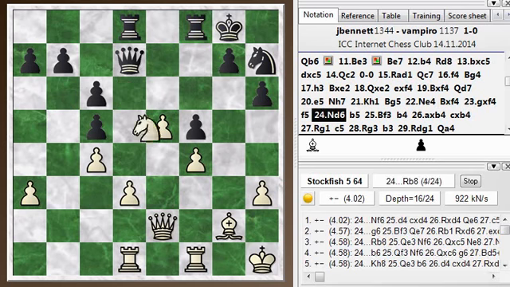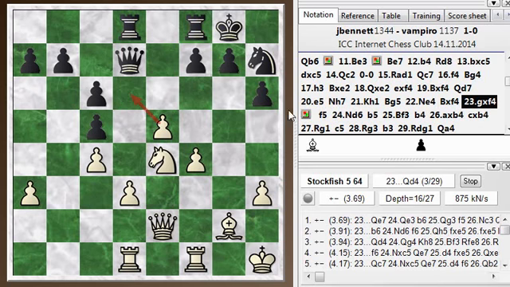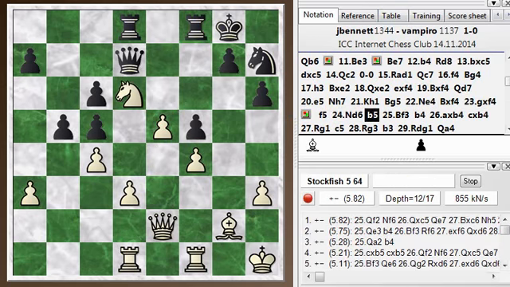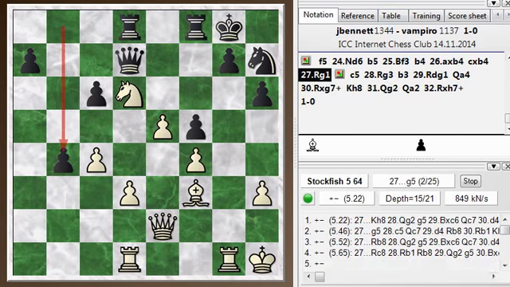So he gave away this square here. Maybe there was no way to prevent the knight from coming in there, but that's a good square for the knight. And I just keep moving forward with my pieces. He tries to get a little counterplay on the queen side, but it's just a little too far away from reality. He pushes on,